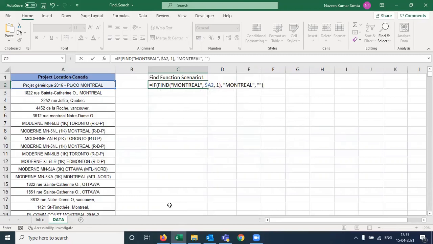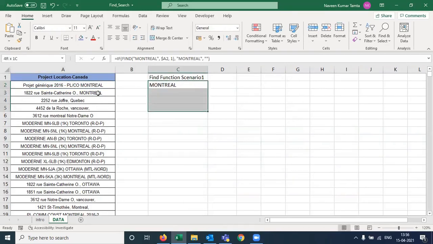As soon as I hit enter, it's giving me Montreal because we have got Montreal here, but as soon as I drag my formula downwards, guys, can you see we have got some errors here.